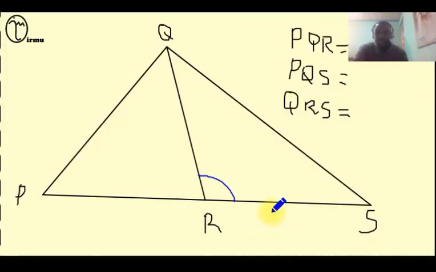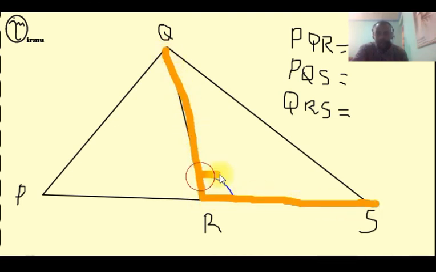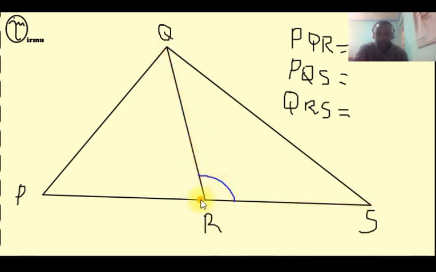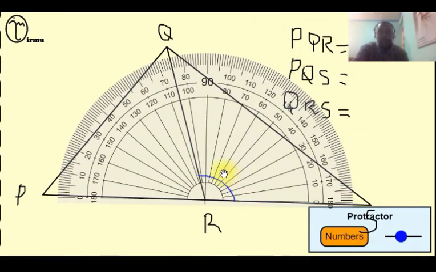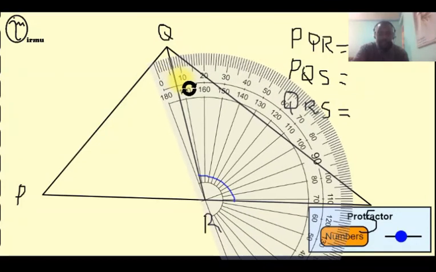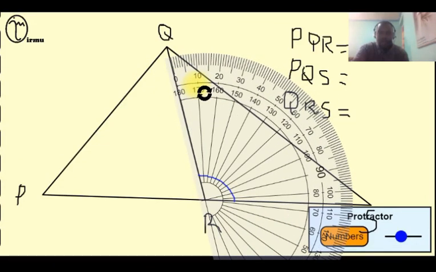I can also measure angle QRS using line QR as the baseline. Remember, we have to identify the angle again. We are measuring angle QRS, the angle formed at R, and it is made up of two lines, line QR and RS, and we have used RS. Now we are going to use QR as the baseline, and then we check the measurement using line RS. So when I take my protractor, I'll place it at point R where the angle is formed, and then I tilt until point Q matches with the 0 mark,